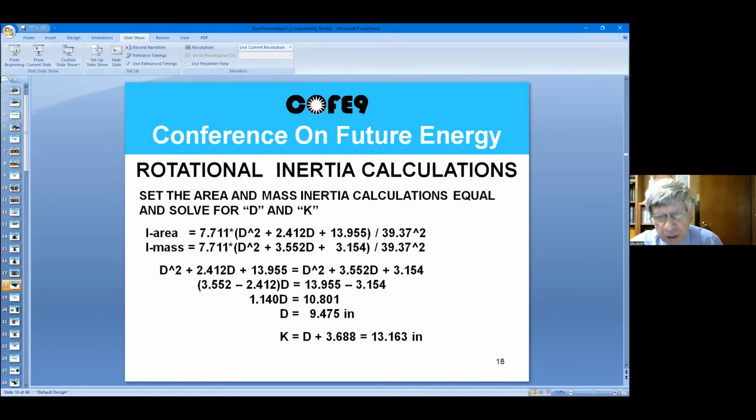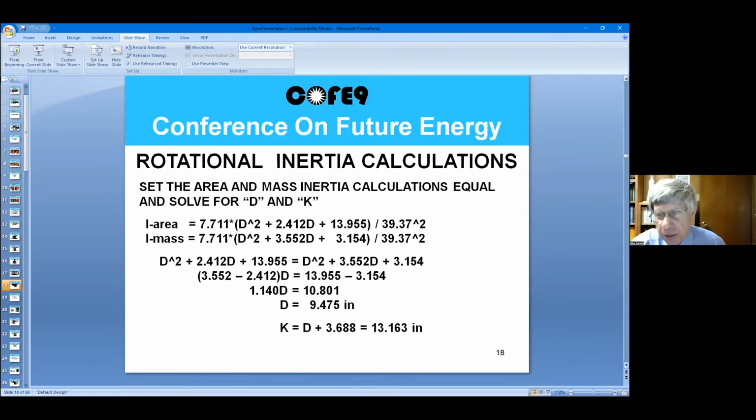K is 3.688. And the number that you're looking for is 13.163 inches, which is your radius of gyration. And that will be used in